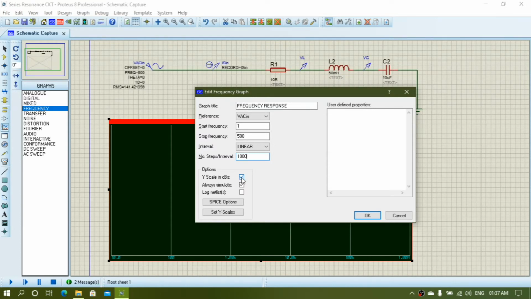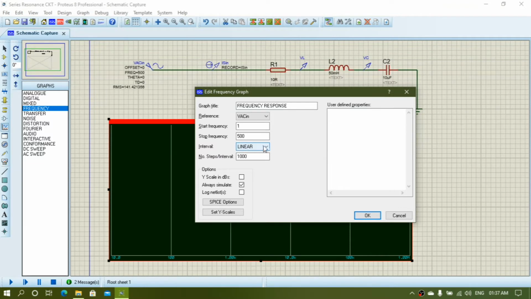You don't need to scale your y in dB. So check it out, and all the graph parameters have been set. Now observe very carefully. Reference should be your VAC in, start frequency should be 1 Hz, and it will stop at 500 Hz.